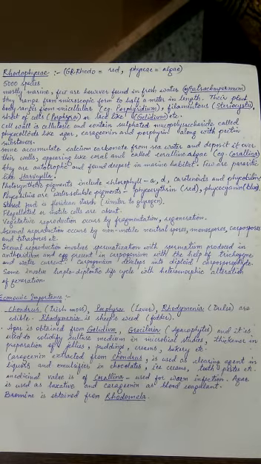Now most of them are marine. Few are found in freshwater, for example Batrachospermum. And then we have a range of microscopic forms to half a meter in length, and the plant body ranges from single celled. So please remember, Chlorophyceae may have single celled or multi-celled. Rhodophyceae can have single celled or multi-celled, but brown algae or Phaeophyceae is only multicellular.